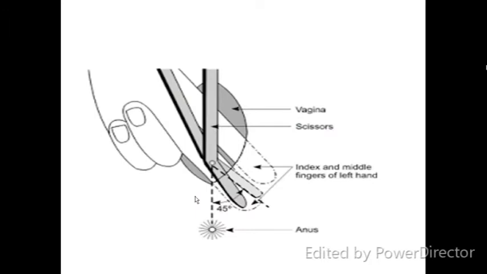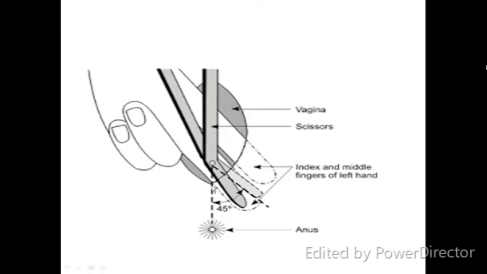See, this is the head, this is the vagina, and the head is below the scissors. This is the episiotomy scissor, it has an angle of 45 degrees. You put two fingers between the perineum and the head. This is the midline and this is the mediolateral. If you want to give midline, you have to infiltrate lignocaine with a 10 ml syringe perpendicularly up to 2.5 centimeters in the perineal body.